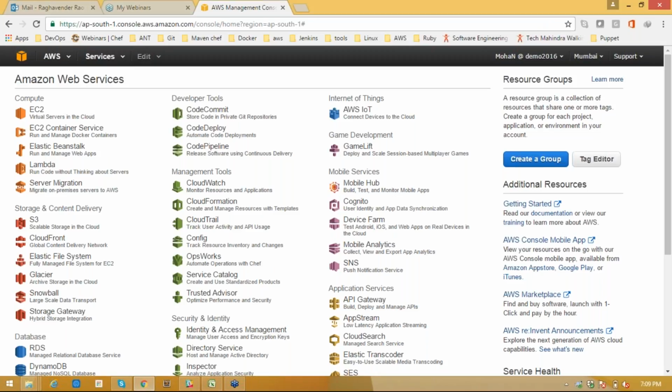Once you log into the session, you can see this kind of environment in AWS. What these are all, we'll try to understand step by step. So first thing is